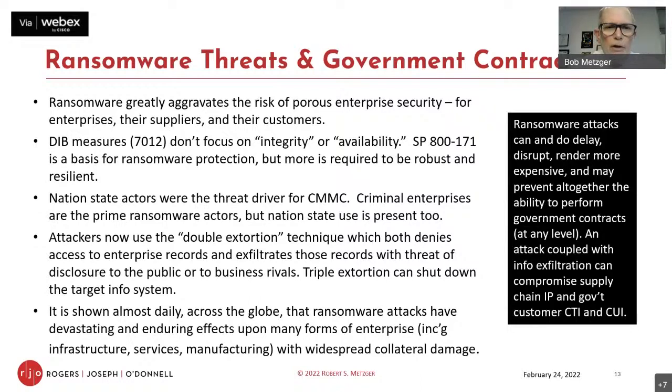And even if it often results in pain, disruption, and payment in only one or two industries, the truth is that there's not a single company represented on this call that is not at risk of one or several forms of ransomware. As you think about the sufficiency of your enterprise defenses, you want to go beyond compliance with 171, and you want to be thinking very carefully first about how you can improve your barriers to ransomware, but most important, how you can be certain that if you are attacked, you can recover competently and with assurance in your data. I will stop there.